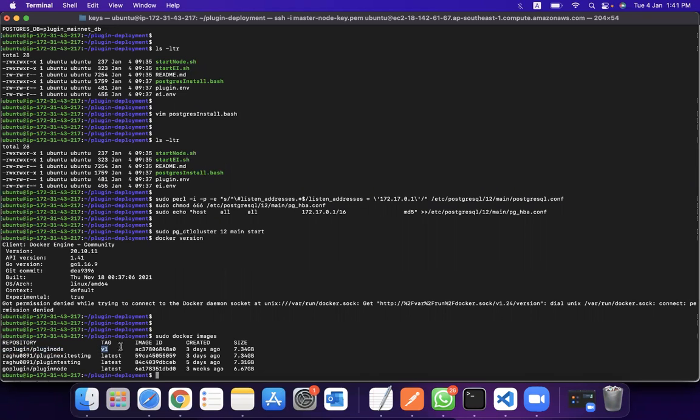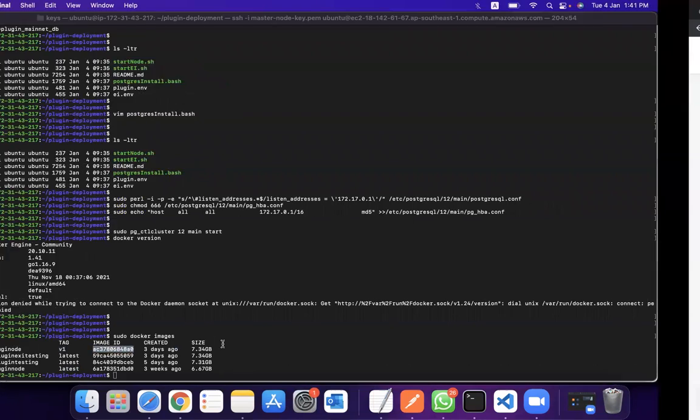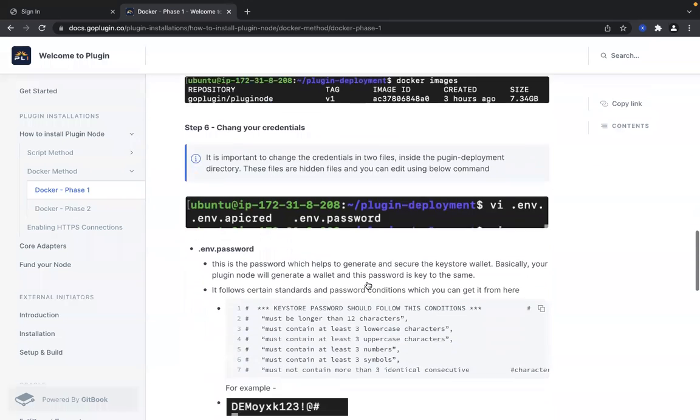Just make sure you take this image ID, where you can see v1. Don't use latest or any other versions of images you have. We suggest you clear all the images before you do this step, and you have to use this image ID.